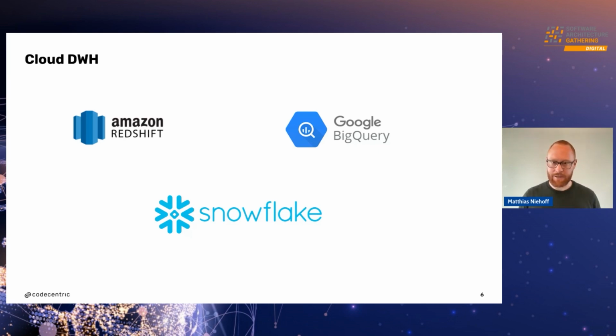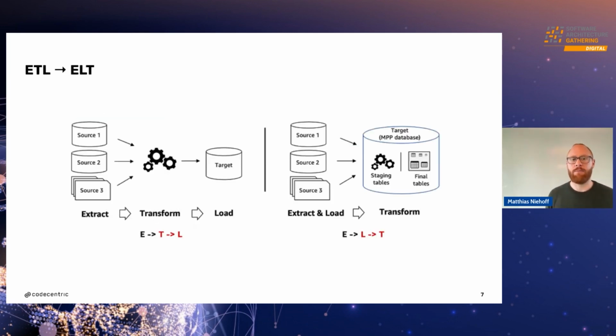I was talking about ETL before, and it's increasingly becoming ELT. One might think, hey, this is just a change in the order of characters, what might even change? ETL was really: I'm extracting the data from the source system, doing some transformations, and loading it into the database where I do the analytics and show dashboards. This changes to: I really focus on the extract and load. I don't do any transformation or business logic in it, because that is what most of the time happens. It gets entangled all the time.